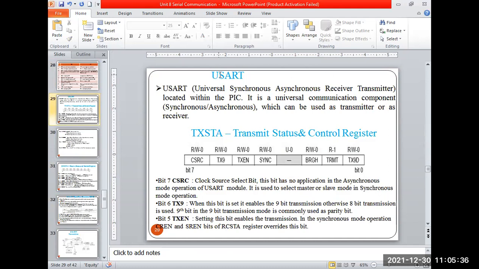Okay, so what is the meaning of USART? Universal synchronous or asynchronous receiver transmitter. U is for universal, S is for synchronous, A is for asynchronous, RT is receiver transmitter. This is the full form of that. So the USART is available in the PIC controller, and how the communication takes place by using the USART